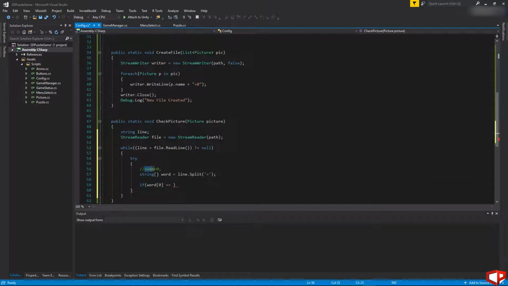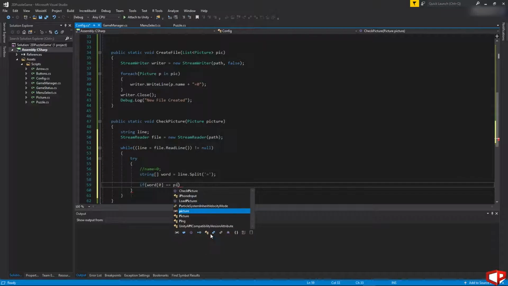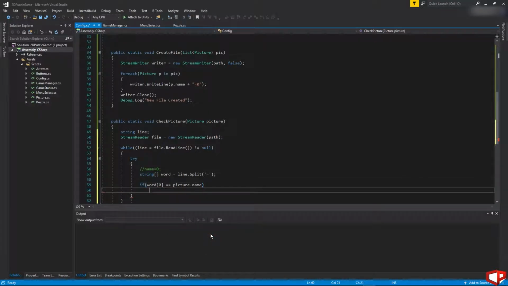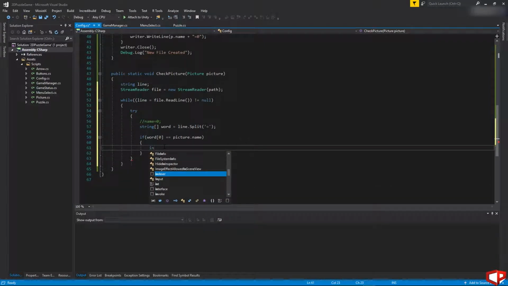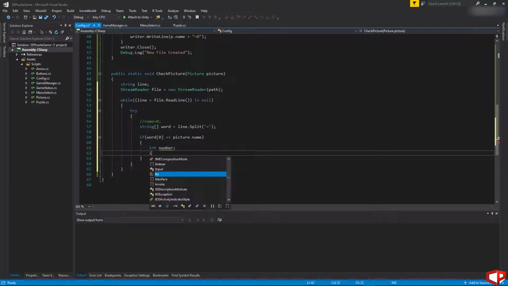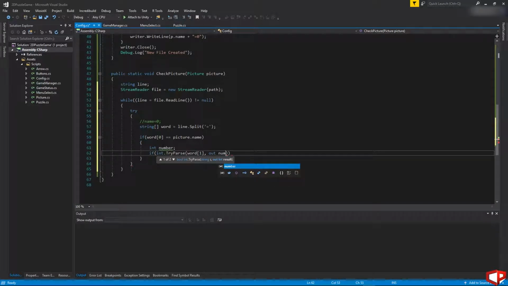So we can do like that: if word 0 is equal to picture.name, then we will create another variable, int number, and then if int.TryParse(word 1, out number),